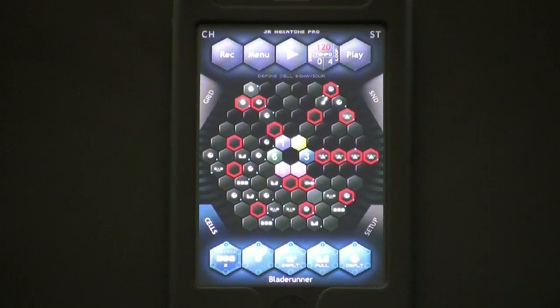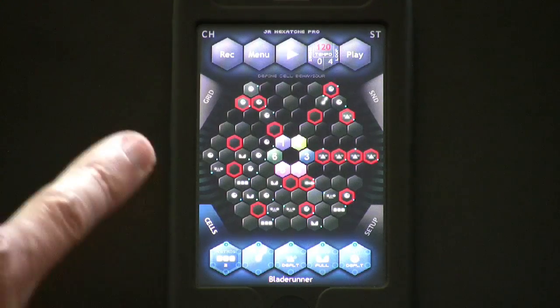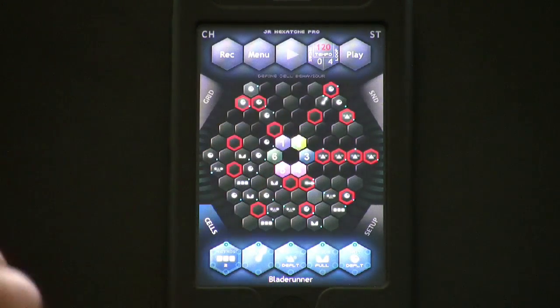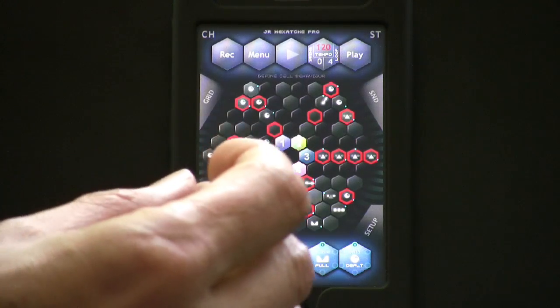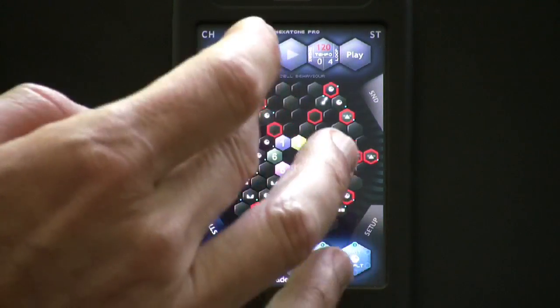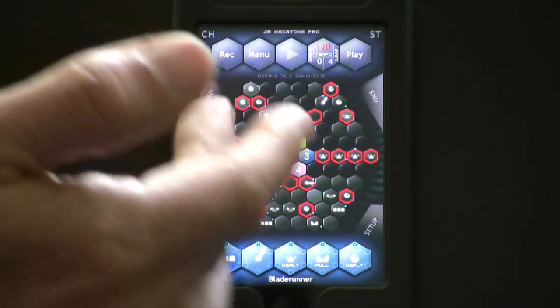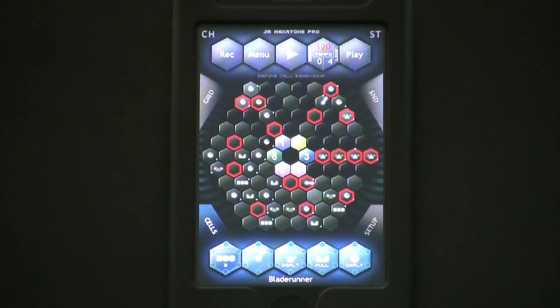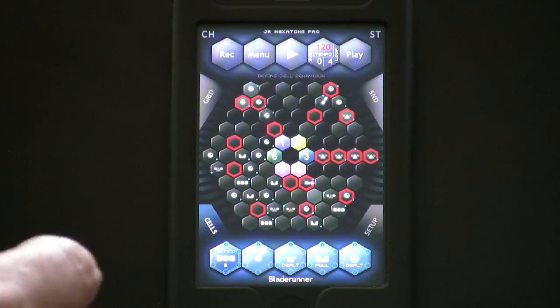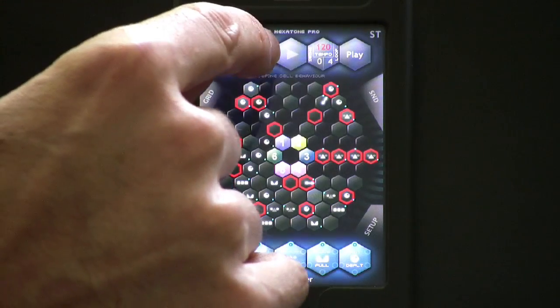Hexatone is the world's first 6-directional rhythm sequencer. It's awesome that you have these 6 oscillators here, and each oscillator can travel on its own path through the hexagon. And while it's traveling through the path, it can pick up all these very unique modifiers, which we'll see in a little bit. Right now what I'm going to do is hit the menu button,